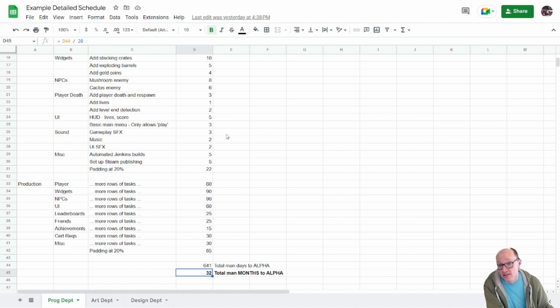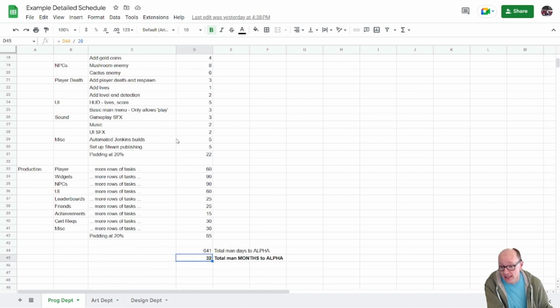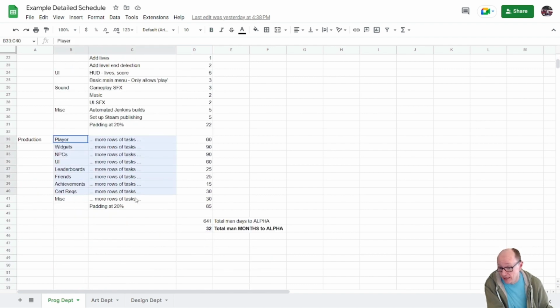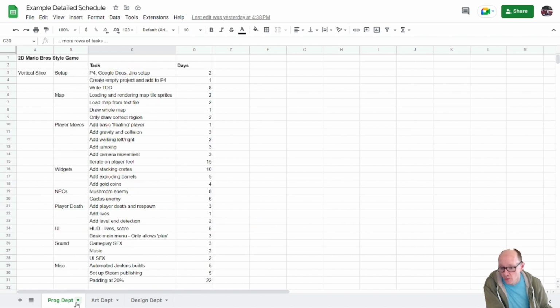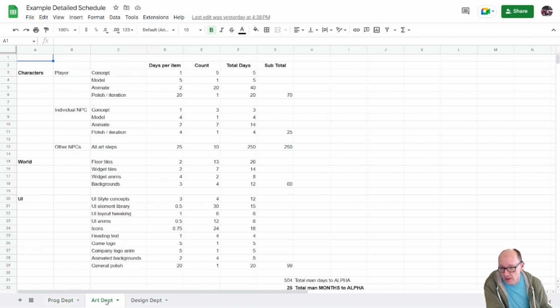Okay, so that's my programming schedule, and again, this section would be expanded out in more detail. I just didn't want to do a whole imaginary project in this example. And then you'd have one of these for each department. So we've got art department and slightly different style. You can tell I've written it because it's got this same kind of hierarchical thing on the left-hand side, but a bit different over here. Let's have a look.